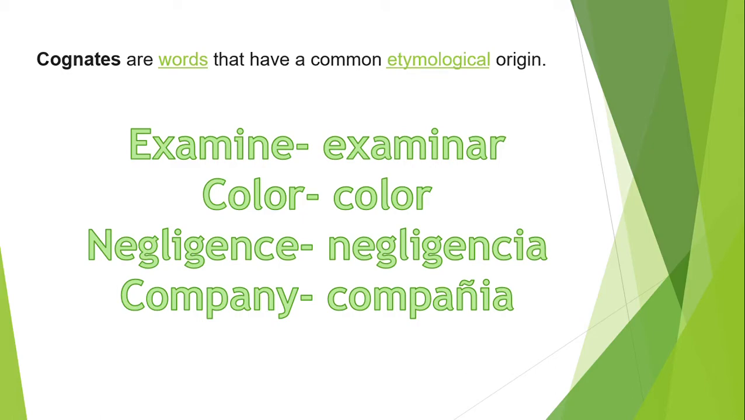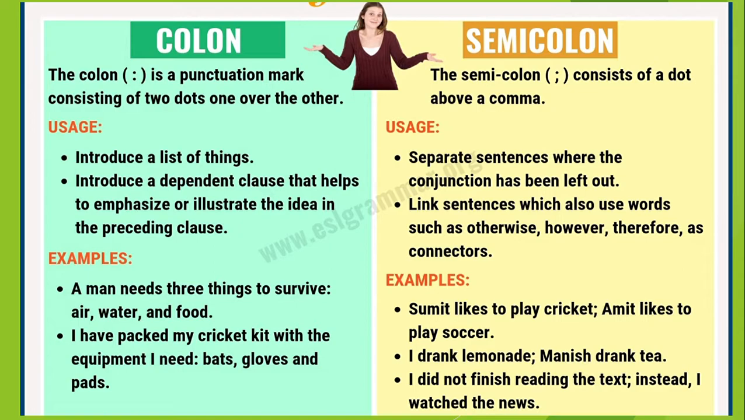And this is something I explained in the class at the beginning of the year, and I also explained about the false cognates, okay? But today we're going to focus on the cognates. Other examples that you can tell, you can write that down as well, okay? Also, we're going to define the colon and semicolon, and we're going to use the usage and the examples,